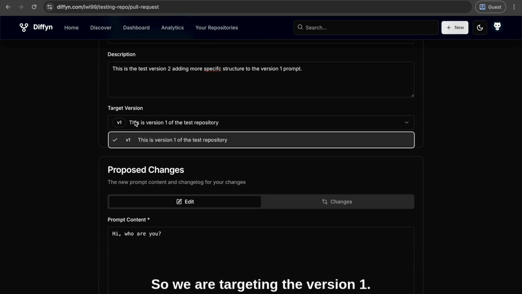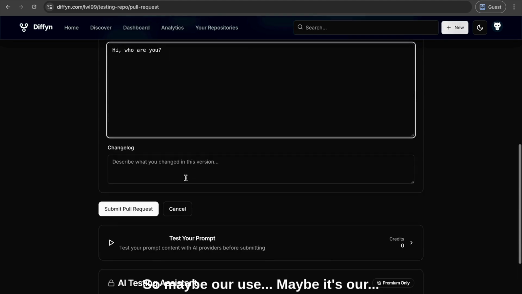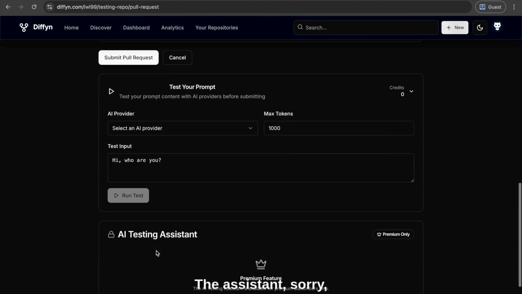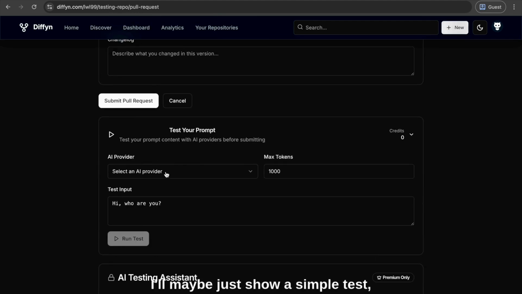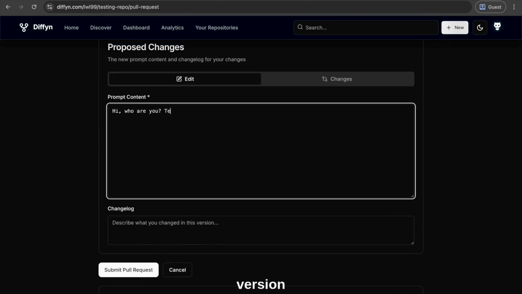So we're targeting the version 1. So maybe I'll make use of the assistant. Sorry, I'll just show a simple test. Version 1, version 2. And maybe we remove